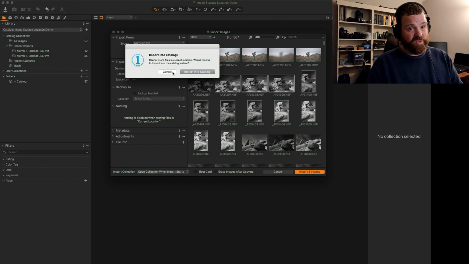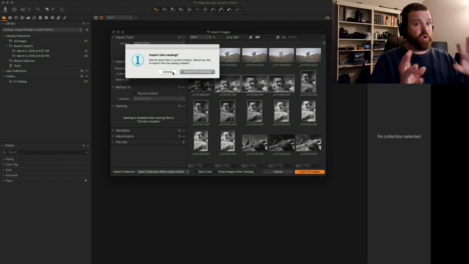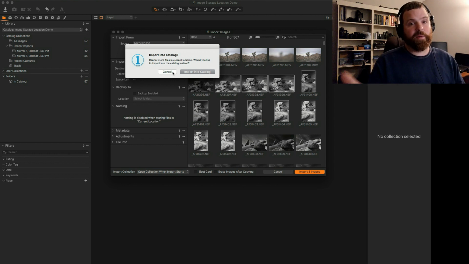Well, why did it say that? Because Capture One knows that if you say current location on a memory card, you're probably making a mistake. Memory cards are not designed to be permanent. We format our memory cards all the time. It's a really easy way to lose images by accident because you import them in current location without realizing it, and then you format the card and they're gone. So it doesn't let you make that mistake. Okay,